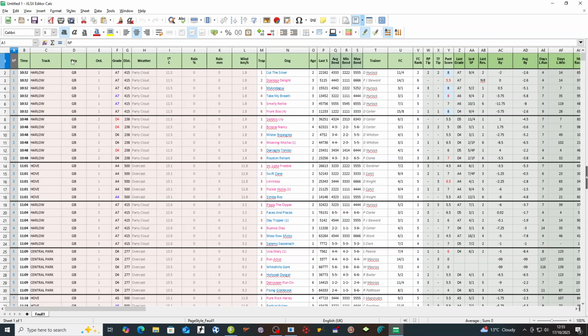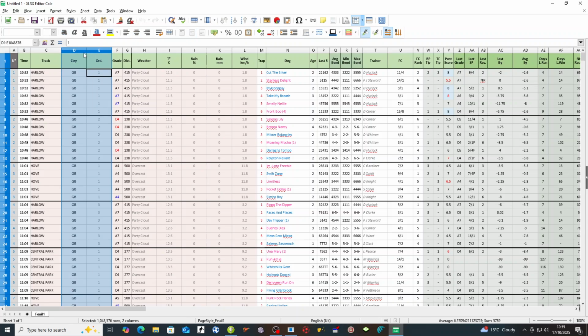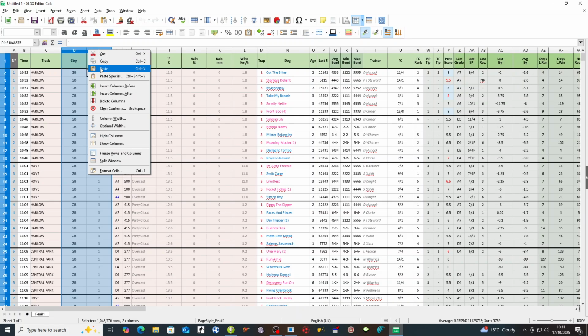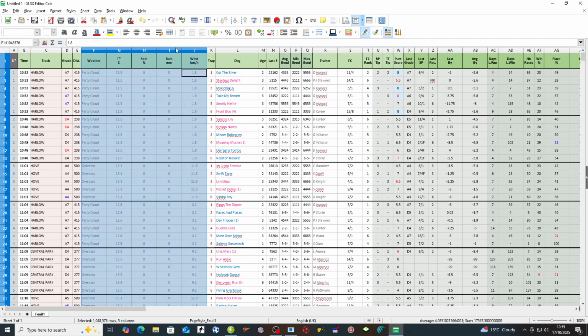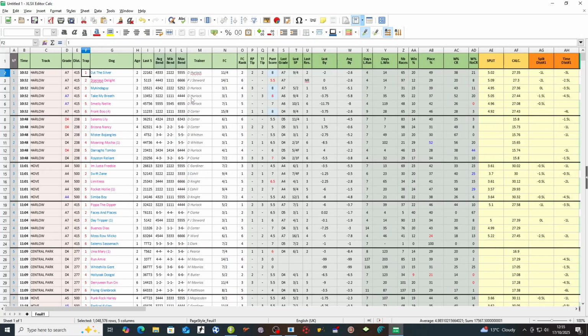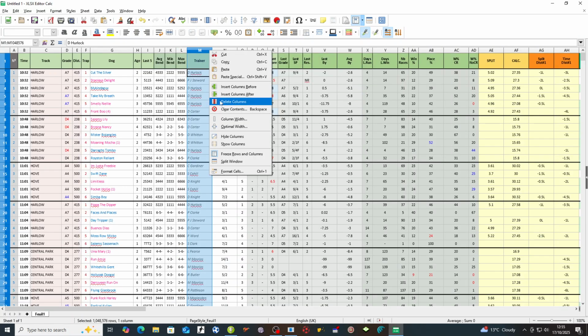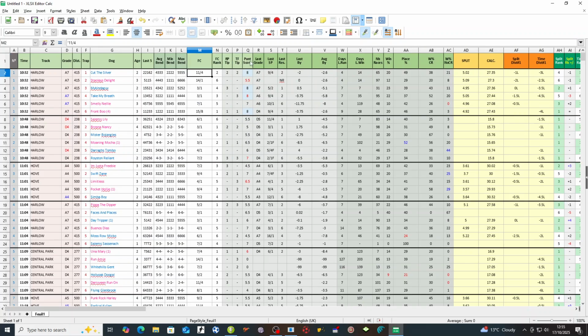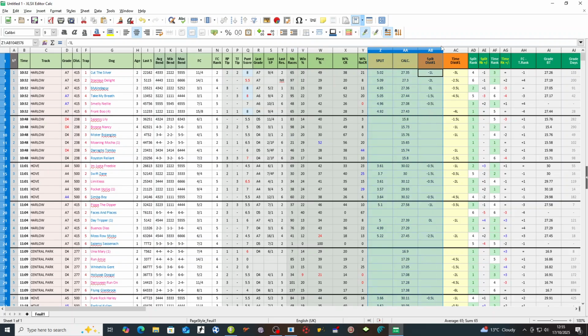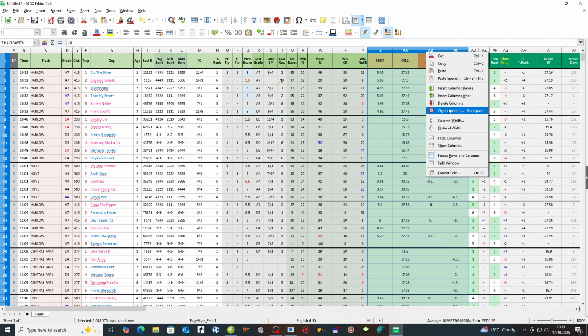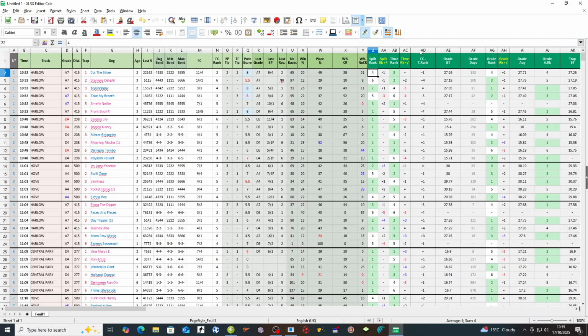Now there's a few columns I don't want here, so I'm going to just delete these, country and order. Weather, not interested in the weather, it is what it is. Trainer, well, I do delete it, but you can leave that in if you want to. Last buy, so I take 4 columns out here, days since the last win. I'll then take these 4 out, I'm not interested in them. I'll then take these 4 out,